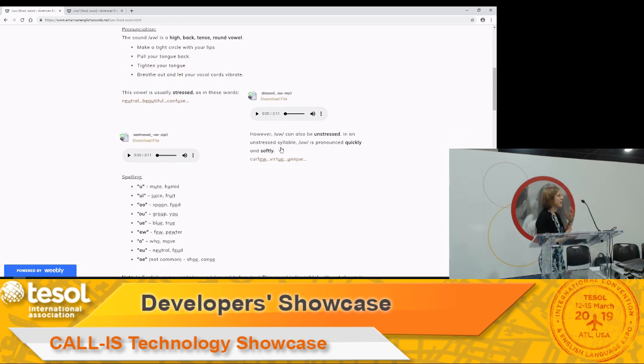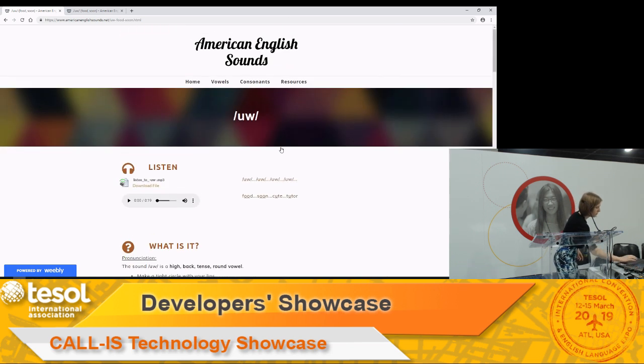So they can hear oo as a stressed vowel and an unstressed vowel. The only unstressed vowels that are separate would be schwa and schwa-r, since those are very common. And then the last part is a resource section with a list of other useful websites, as well as my own suggestions for students. So I'm going to go back to the PowerPoint and I can share how I've been using this.